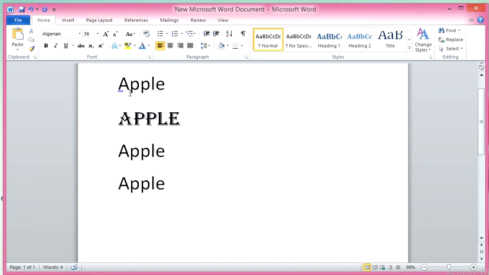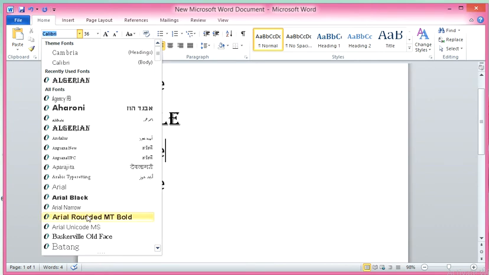Now see this apple and this one, there is a little bit of difference, which is appearance, and appearance comes with the help of font. So these are fonts, but when we are discussing them in HTML, this font becomes face.